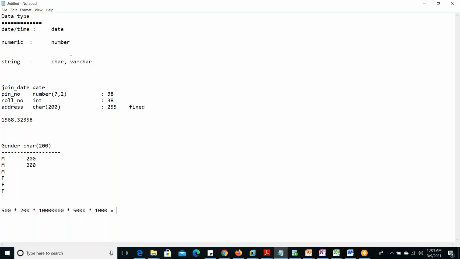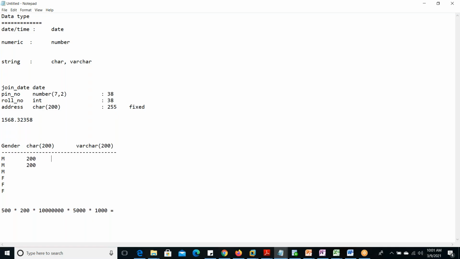That's why they developed another data type called varchar. In this varchar data type, suppose we mention 200, whatever is used, that only it will consider. Another one we can take. Here only char is used, and here varchar is used.